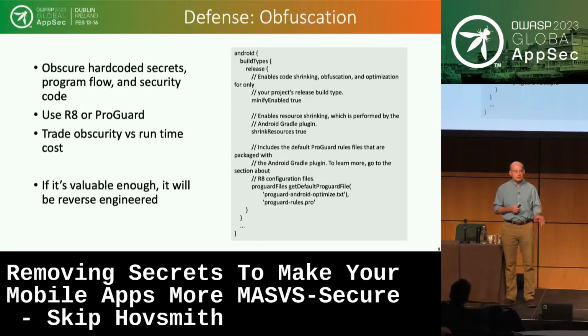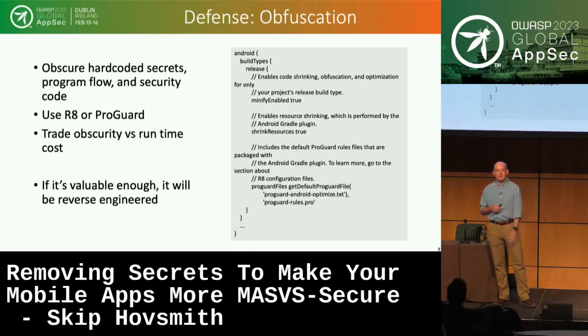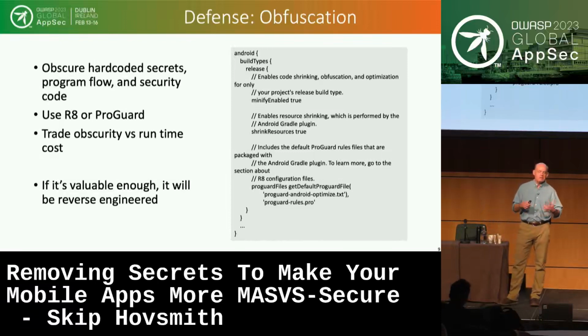And what you're really doing here is you're trading obscurity, how hard it is to understand what the code is doing, versus the cost at runtime. So you may be adding a lot of checks, a lot of misdirection in your code to try and make it harder to follow the data flow. That'll cost some more execution time. That'll potentially cost more energy in your application. So how far are you willing to go? The further you go, the more expensive it is, but the harder it is for an attacker to reverse engineer your application. Generally, what we found is that if something is really valuable, somebody's going to figure out how to get it, no matter how hard you go. But it's a great first step to get things obscure and slow down an attacker looking for secrets.